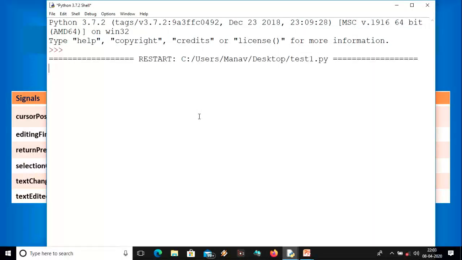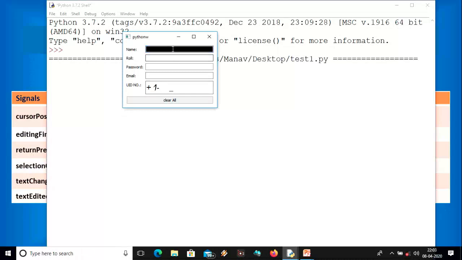It will be the same as editing finished, but in this method we have only the return method. That means when we hit enter, then it will be triggered. When we go outside of this, it will not be triggered. It will only work when we click the enter button, and that is the use of